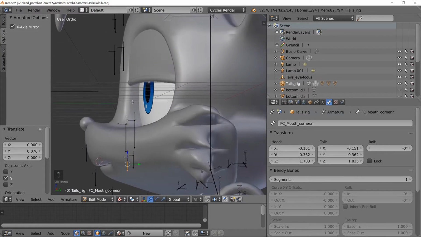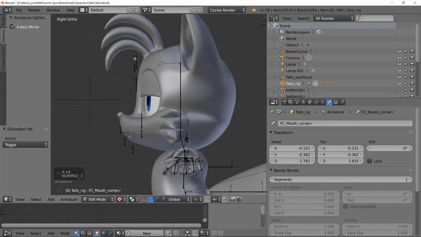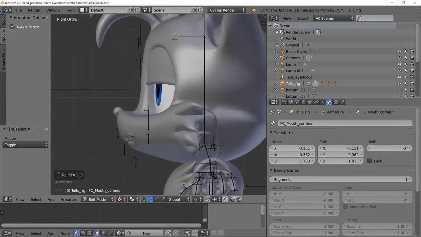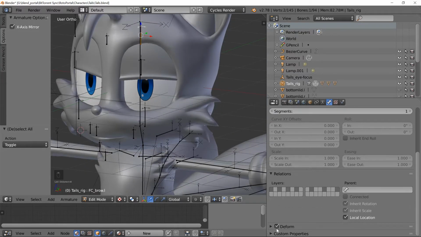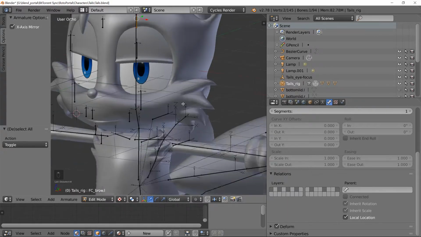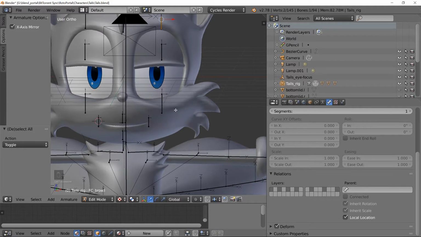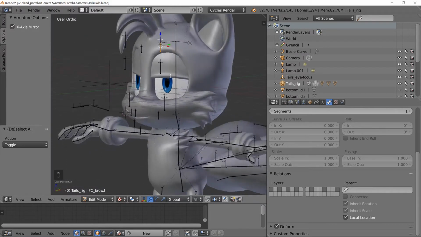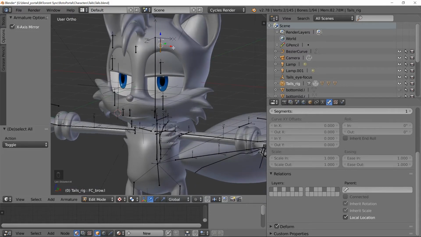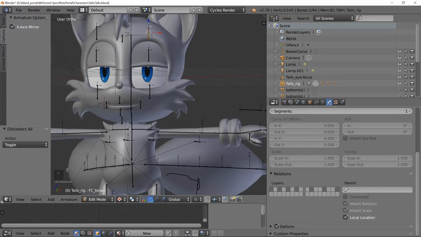Next thing we want to do is actually parent them. Whoops. Okay. We're going to parent them to his head, so that way when his head moves, they move as well. But before we do that, I just thought of something I should have taken care of a while ago. Make sure that these don't deform his body. These are not meant to actually move the mesh. Right now, they probably don't do anything just because they haven't been assigned to any vertex groups yet. So it's probably fine for right now, but just in case